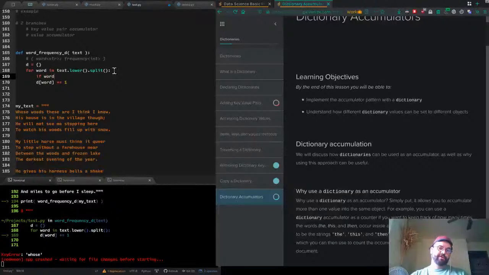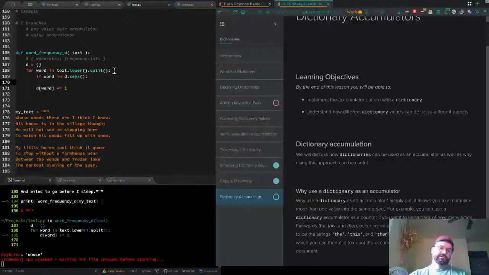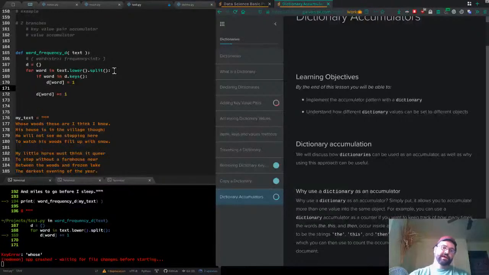So if word in D, and we can leave it there, but I'm going to say d.keys because I think it's helpful to be explicit about that. Then we're going to say D sub word equals 1. And there are ways of doing this where you set it equal to 0 or whatever, but I'm just going to start mine at 1. And then else,